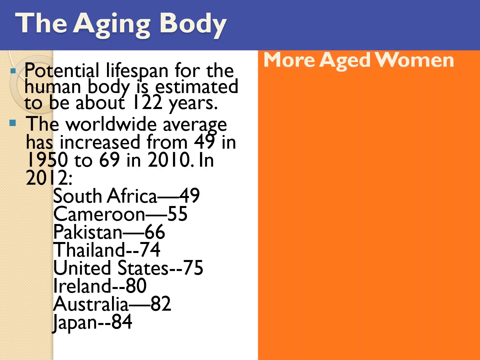We do have a lifespan of 122 years, but we in the United States don't make it that far. When we look at that list there in the United States, it says 75. We are now down to 72 on average. So why is it that we see other countries, developed countries other than the United States, all have higher lifespans than we do? Even underdeveloped countries have higher lifespans than we do. So why is it that we don't have this higher lifespan that we should for a highly developed country considered one of the best in the world?